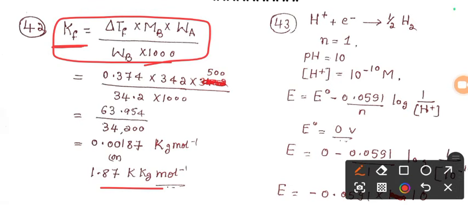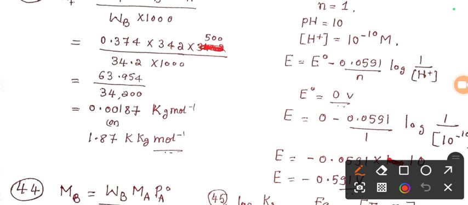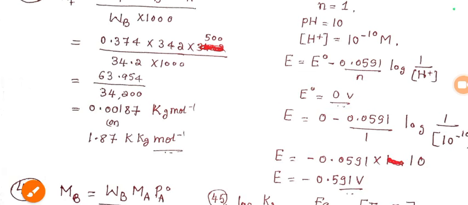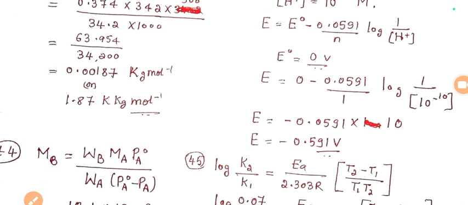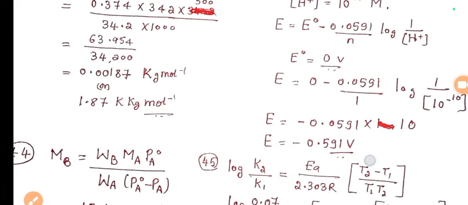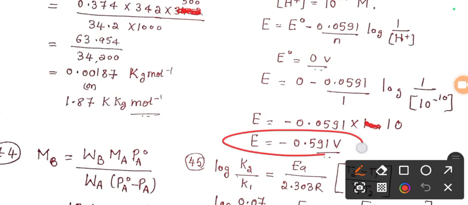Then 43 question from electrochemistry: to find out the electrode potential at pH 10. So in that, according to this reaction, the n value, the number of electrons, will be 1. pH 10 is nothing but hydrogen ion concentration of 10 to the power of minus 10 molar. Use the Nernst equation and substitute, and remember, for the standard hydrogen electrode, E naught value will be 0. When you substitute, you will get this answer, because log 1 by 10 to the power of minus 10 is 10. So electrode potential will be minus 0.59 volts. Similarly,